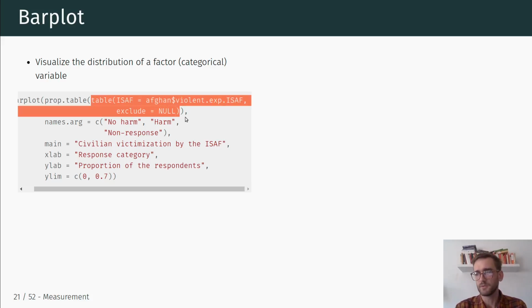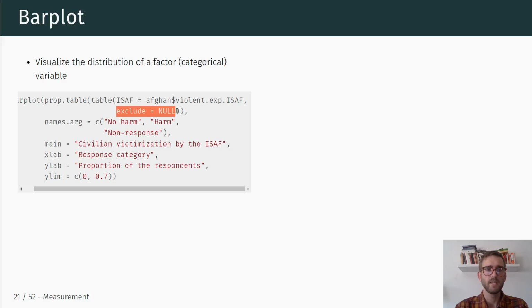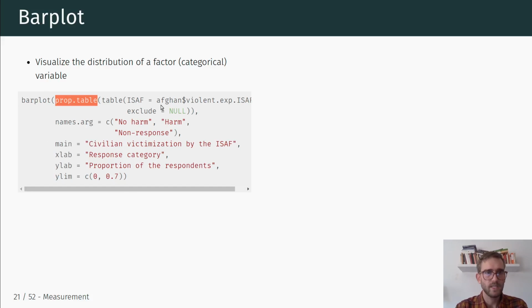And so in order to create this bar plot in R, the first thing we're going to do is create a frequency table, which you've seen before. And if you remember from our previous video, we include the argument exclude equals null. This ultimately means that we're including missing values as an additional category in our table. Then we're including this prop.table command. This prop.table command turns the frequency table with raw counts into a table that shows the relative proportions in each category. Okay, and then all of this is the input for our bar plot,